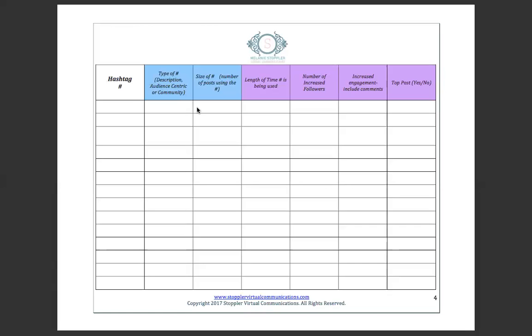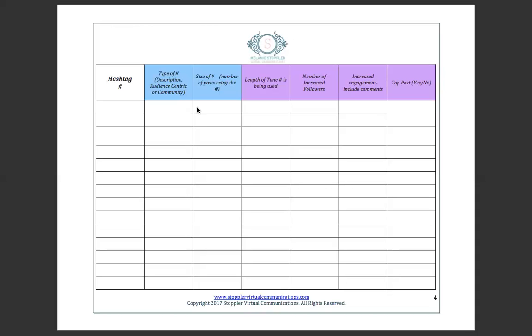If you are sharing in your captions or in your content, you're asking people to click the link in your bio, pay attention to how many click-throughs you're getting, how many profile visits, how many website clicks you're getting, and you can find that information in your Instagram analytics. That's going to tell you if these people are converting, if they are engaged with your content, and if they like what you have to say.